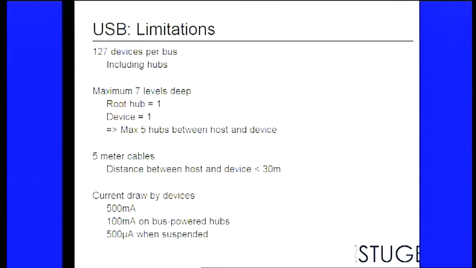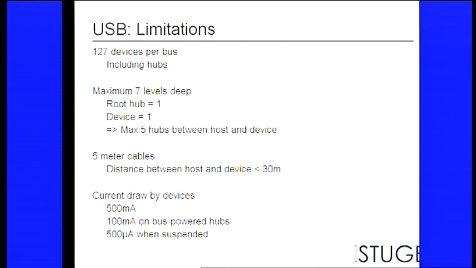You can go maximum 7 levels deep. So the host is 1 level, your end device is 1 level, and the hubs in between also take 1 level each. And you can have a maximum of 5 hubs, or active extension cables, which are also hubs. Cables can be a maximum of 5 meters. This means that if you're using 5 meter cables, the maximum distance you get is under